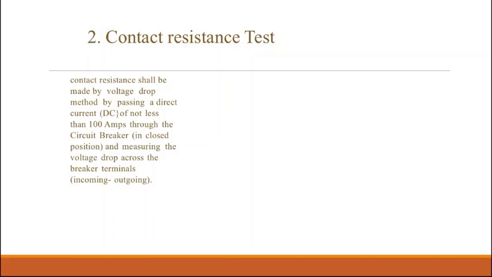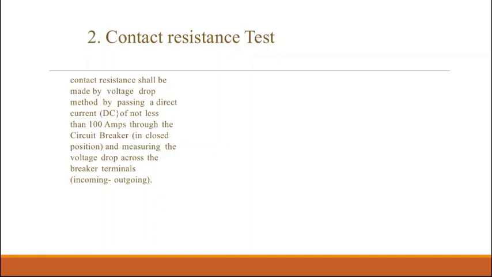That is nothing but there is one fixed contact and one moving contact. When this is in closed condition, it will offer the minimum resistance across this contact point. So the contact resistance is nothing but the resistance offered by this contact. Also we can say the voltage drop between this point is nothing but the contact resistance test.